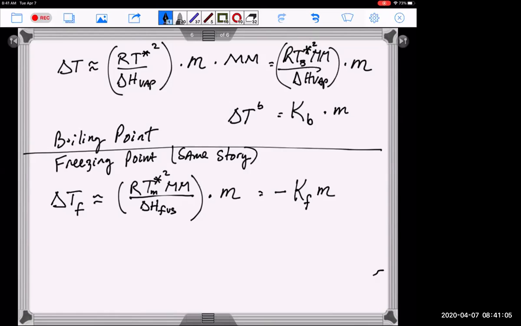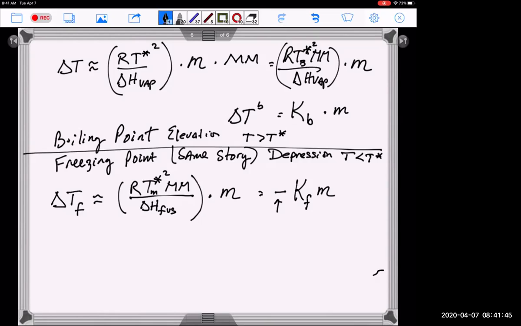Fair enough. Okay, so a negative sign is introduced because of the depression, meaning that T is less than T star. In the boiling point elevation, T is greater than T star. So just to maintain the sign convention for both of these, like the delta T, the change in freezing point,